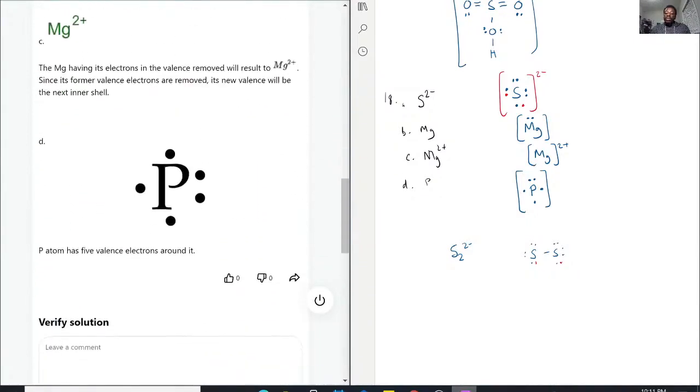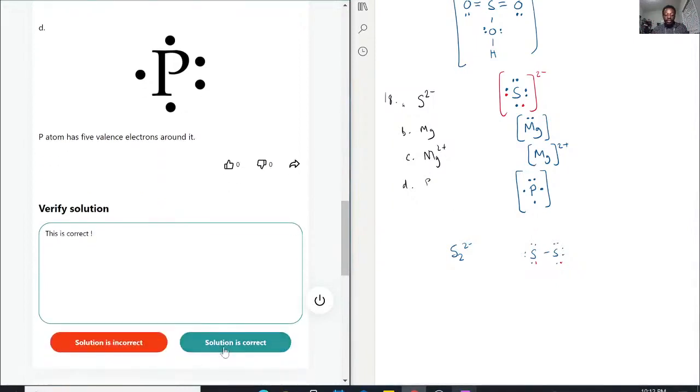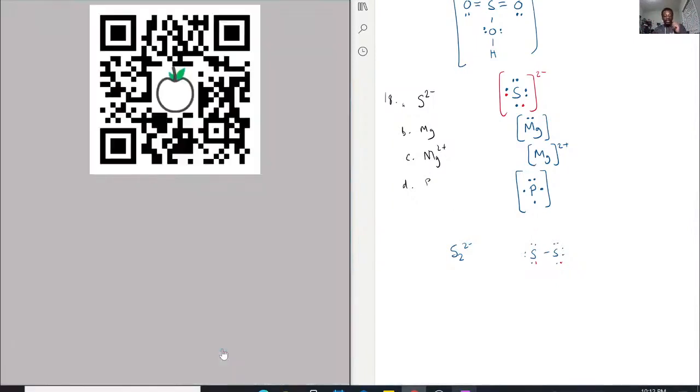But other than that, though, that is what we would do for these when they ask for a Lewis structure. It's good to always put that box around it, though, just so that when you have situations like the S2 minus and the magnesium, you're pretty much saying, I've drawn it, and the reason why you see nothing there is because it's lost some, or if you see extra, it's because it's gained some. So this is correct. So now for